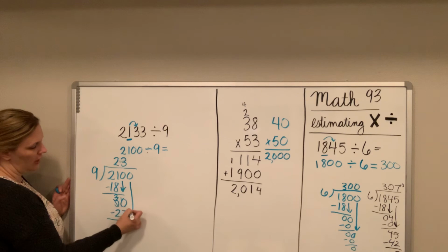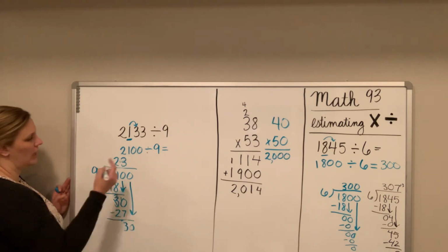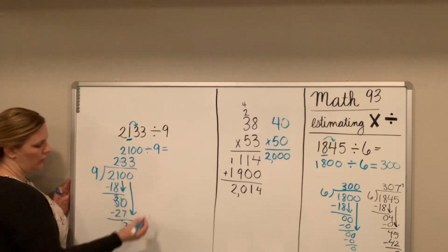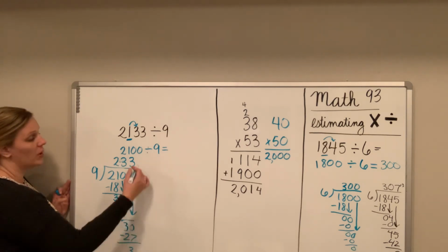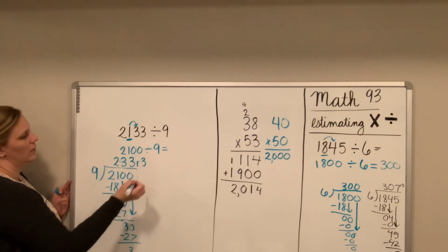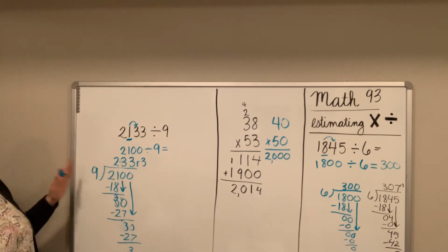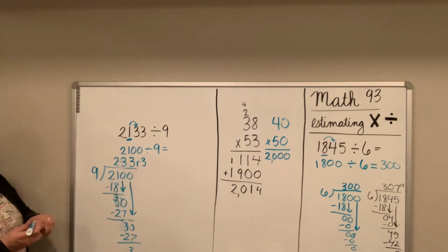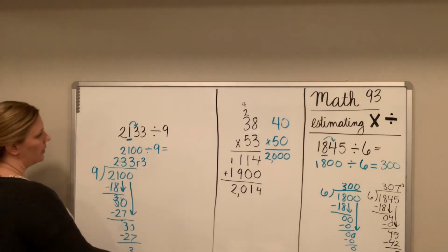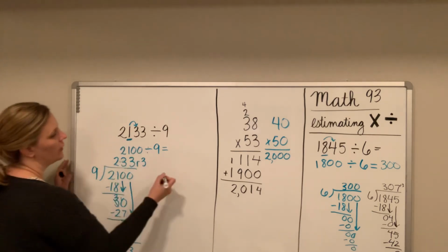More to bring down? Why yes, another 0. 30 divided by 9. 3 again, 27. Subtract to get 3, nothing more to bring down. So my estimate is going to be around 233. Okay, 233 remainder 3 is my estimate. Now if I'm going to find my actual, I'm going to go back and use my actual problem, 21,033